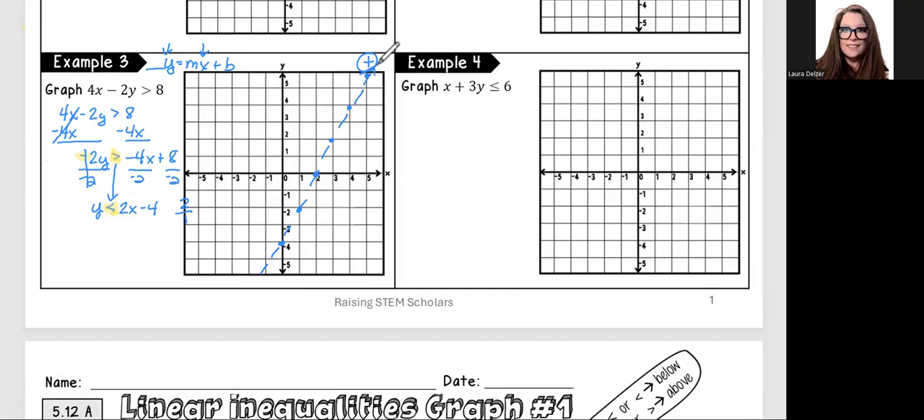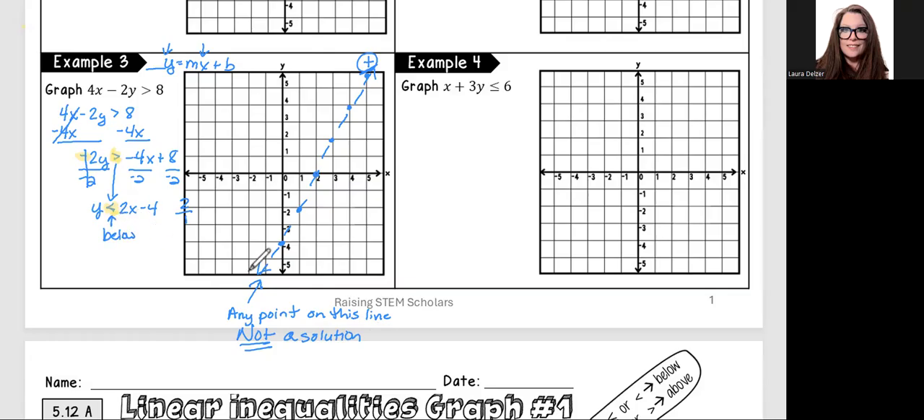Now, quick question in your head is, what does a dashed line represent? It means any point on this line is not a solution. That's why it's dashed. It's saying everything up to there could be a solution, but once it touches that, boom, not a solution anymore. Now, the less than is telling me that we're going to shade below